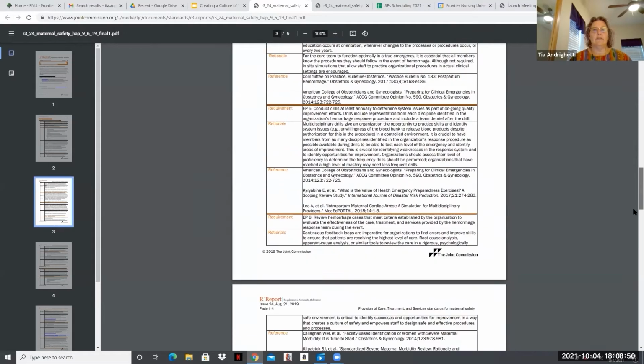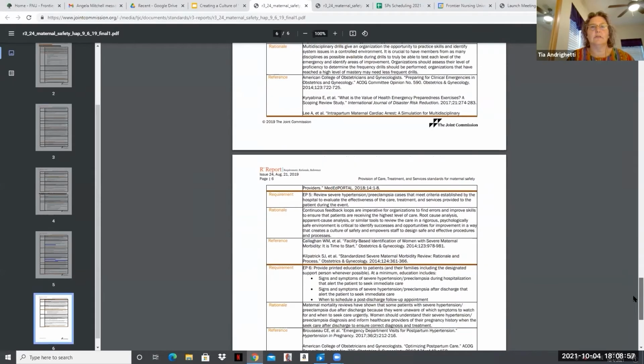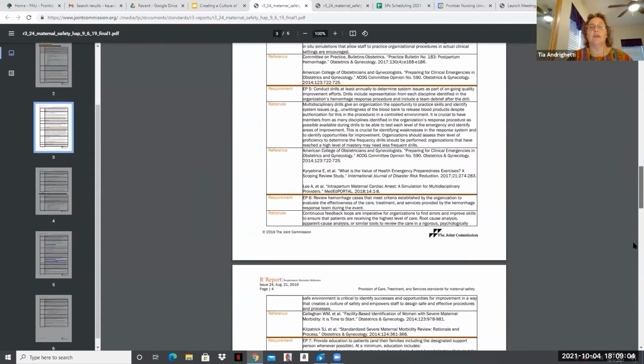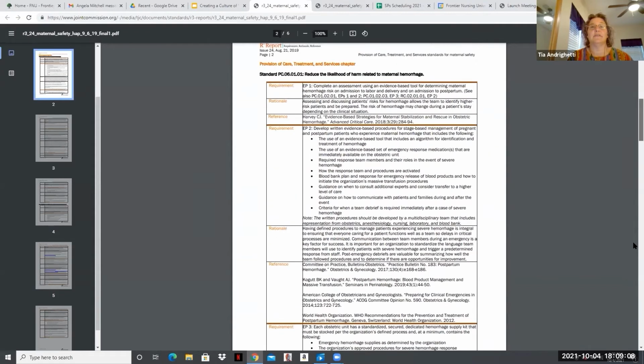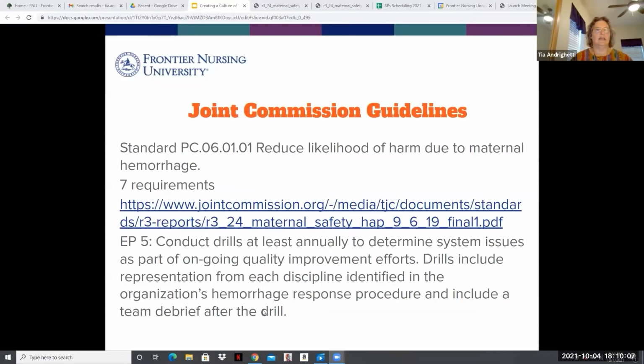Just so you know, this is not just postpartum hemorrhage. Yes, they also require this for maternal hypertensive crises. So hemorrhage and maternal hypertension. So I just wanted to highlight number 5, that says conduct drills at least annually to determine system issues as part of ongoing quality improvement efforts. Drills include representation from each discipline identifying the organization's hemorrhage response procedure, and include a team debrief after the drill. So hopefully you're seeing this is no longer a suggestion. You actually need to